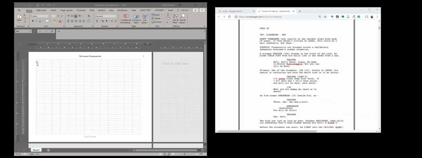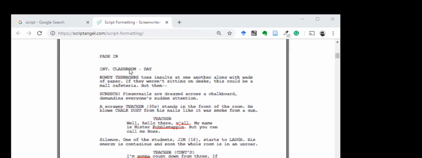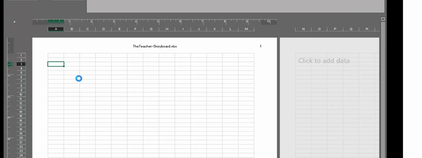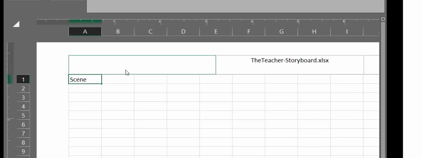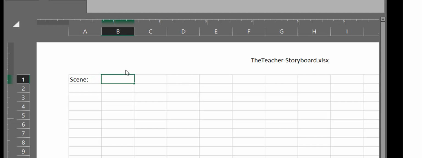Okay, so now I'm going to go ahead and start my scene heading. That's going to be this internal classroom day thing that's going to be here. So I'm going to go ahead and remove this, and let me zoom in a little bit so you can see a little bit better. And I'm going to start that on the top layer. So the word scene here with a colon there,